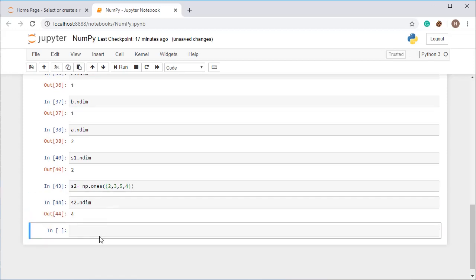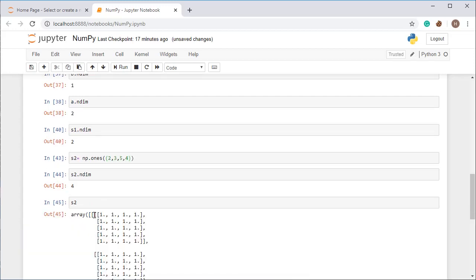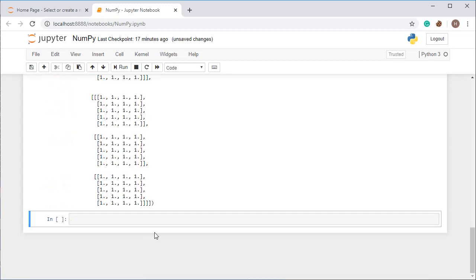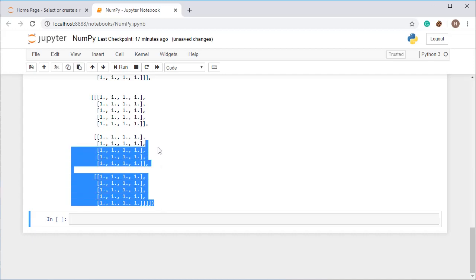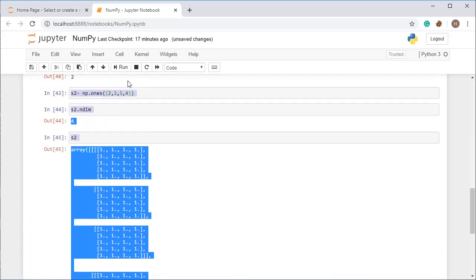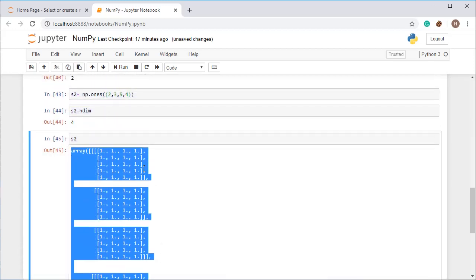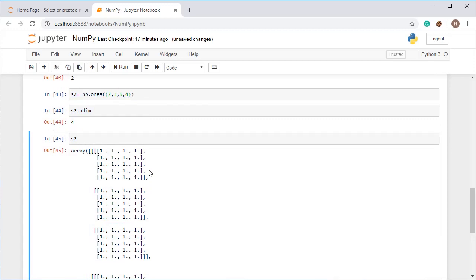You can also convert it into a 4D array, just by providing the shape. You can see how a 4D array is represented. Here, 1, 2, 3 are the outer axes, and in the inner axis all the elements have been represented, and after each one you can see that this is how it is represented.